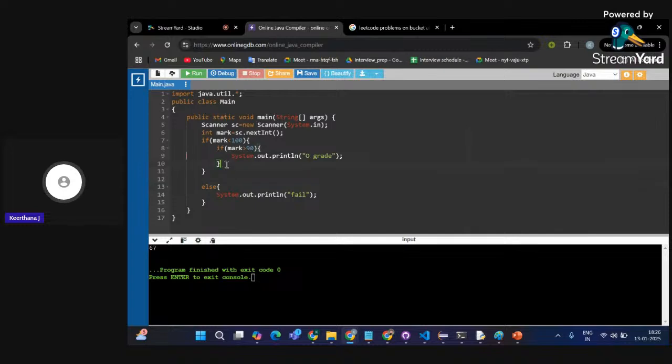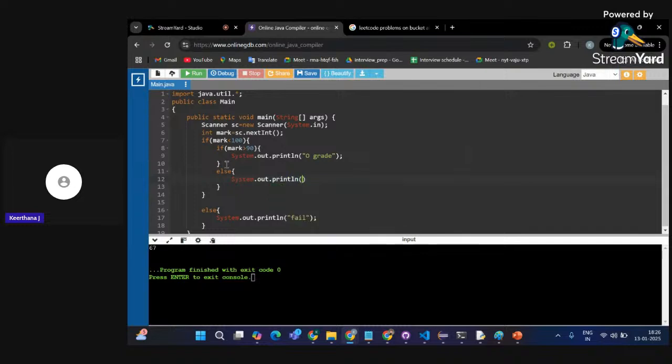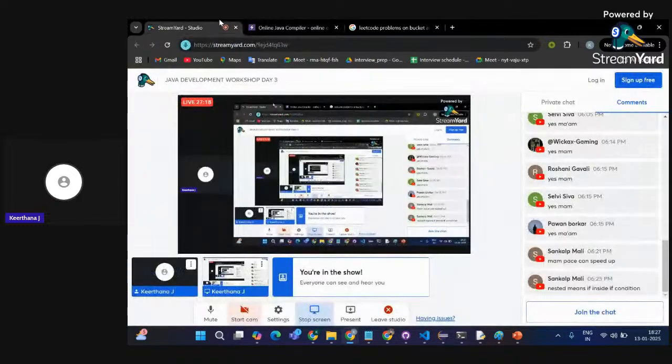So inside you have to define the else block, giving something other than O grade. This will actually be true if my mark is less than 100 and my mark is greater than 50. Let's suppose 50 is the passing score.